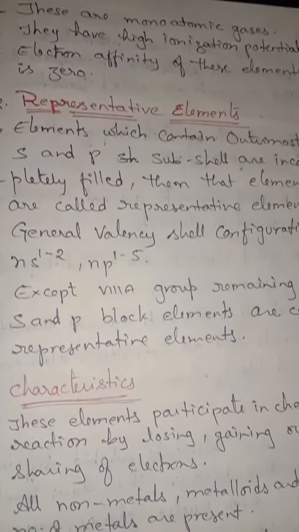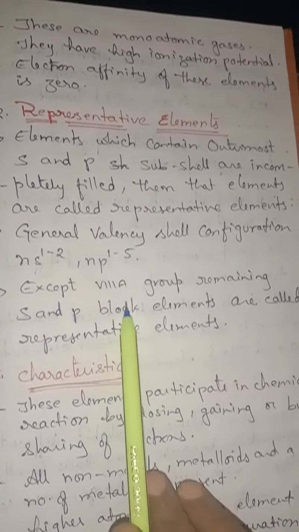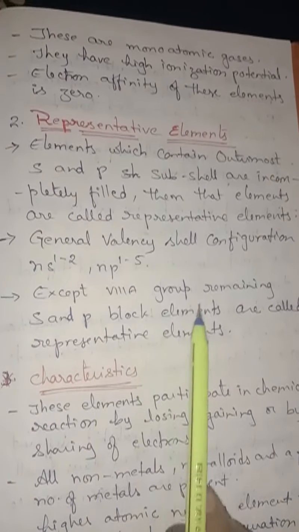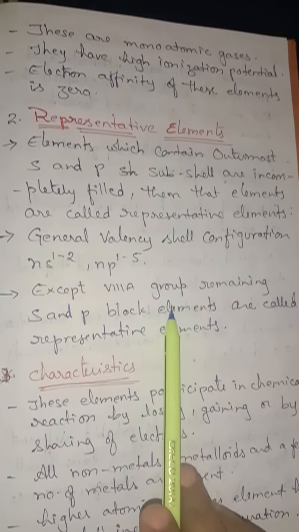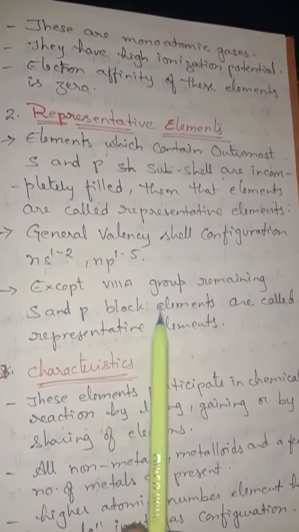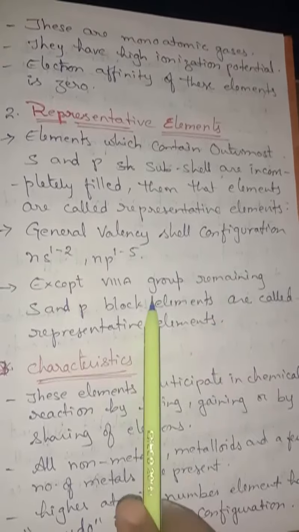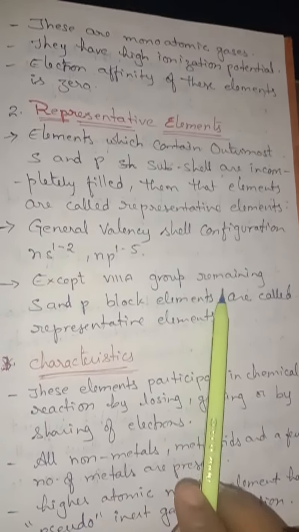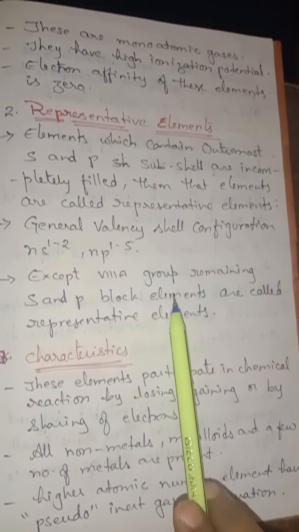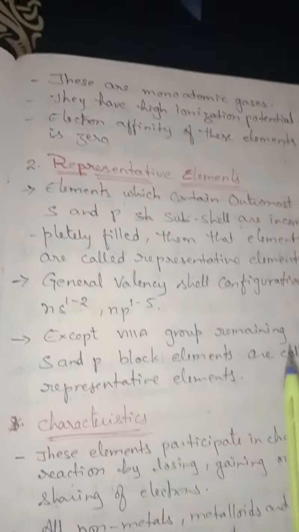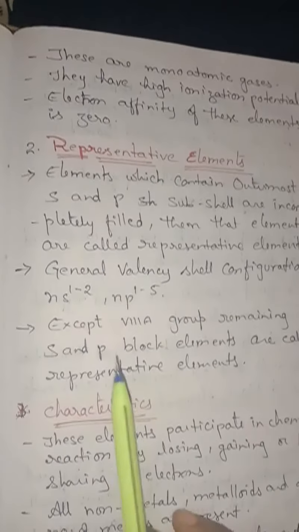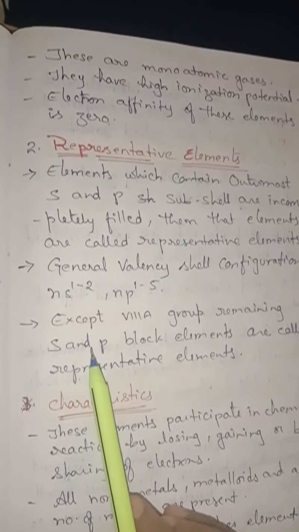representative elements. So these elements undergo chemical reaction, whereas inert gases do not undergo chemical reaction, but these elements undergo chemical reactions because to acquire nearest inert gas configuration, either by losing or by gaining or by sharing of electrons. Some of them may even get pseudo inert configuration also. For example, here, okay, we will take 1A and 2A.